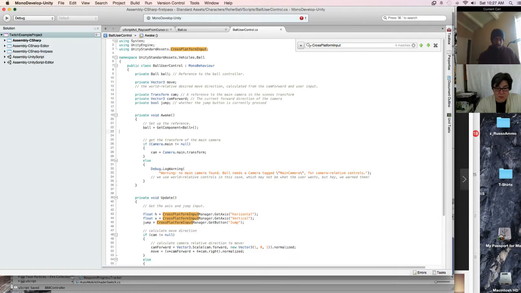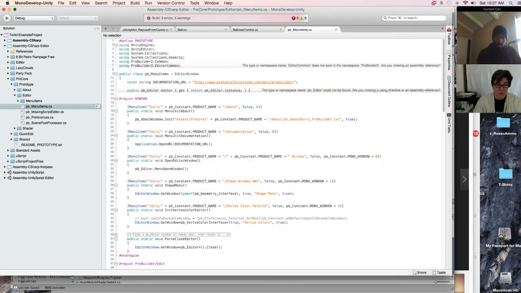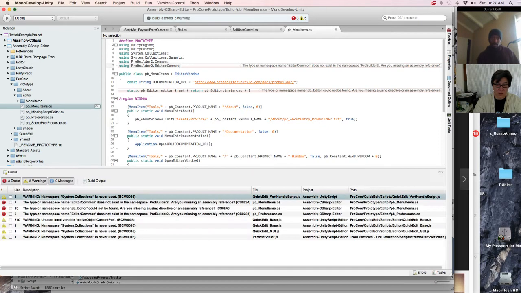So where is it? What's going on? Never seen that one before. I haven't either. I may have caught it building at the wrong time. ProBuilder 2 is having compile errors. Never use type in namespace.